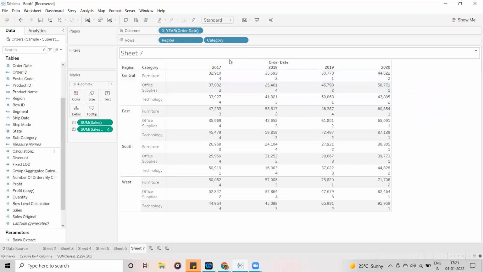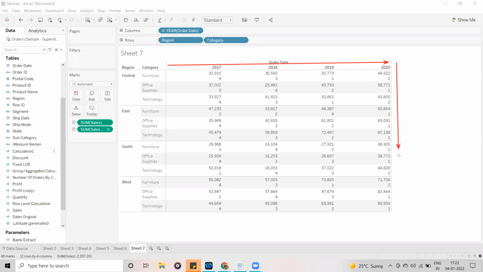Now in Tableau terminology, if we want to say how it is computing, this is a table across. This is a table across, from left to right. We will call it a table across. Then if the calculations are performed from top to bottom, then we can say this is a table down. This is a table across and this is a table down. Okay, so just remember the directions.